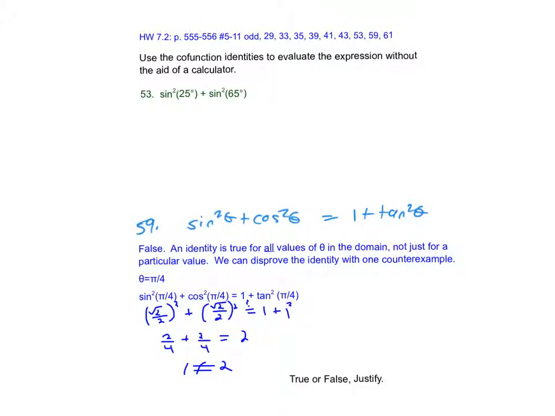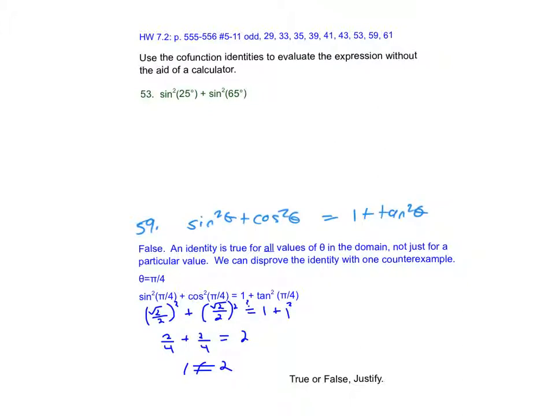This is a solution to problem number 53, and after that I'll do problem number 59 from homework 7.2. In 53, it says to use cofunction identities to evaluate the expression without the aid of a calculator. So for the cofunction identity, we know that sine squared 25 is the same thing as cosine squared of the